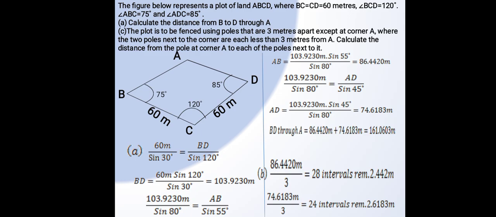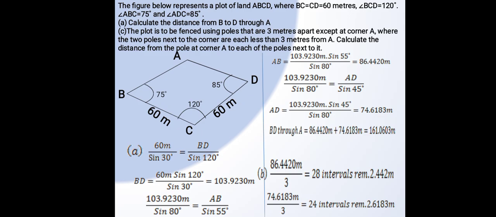Now, BD is gotten by getting 60 meters sine 120 over sine 30 degrees, and that distance is 103.923 meters. Now, having gotten that distance, we are now able to calculate AB. AB is gotten by getting 103.923 meters sine 55 over sine 80, which is equal to